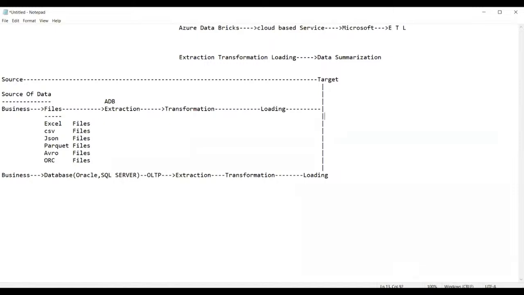Finally, the data reaches the destination. The target is nothing but the destination. Okay, now next one.